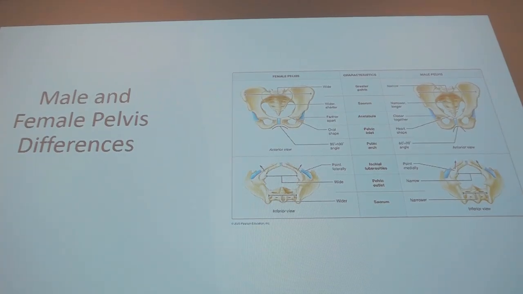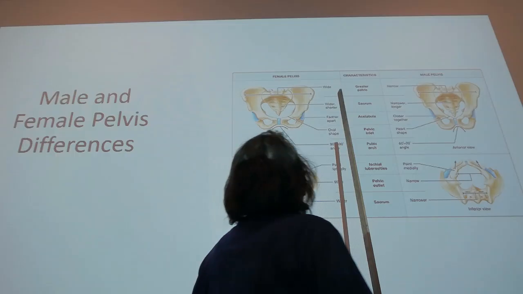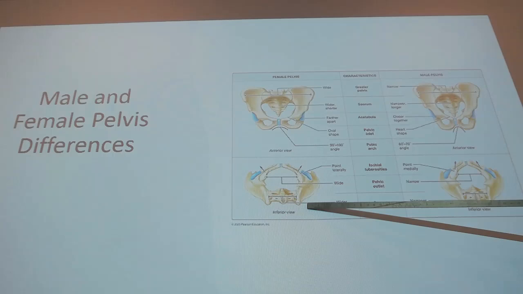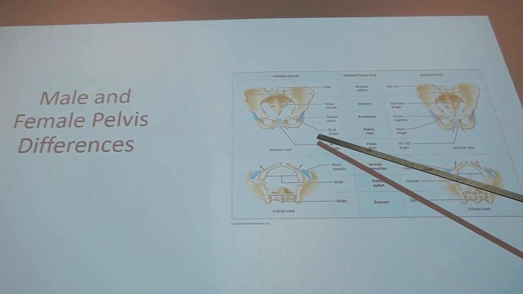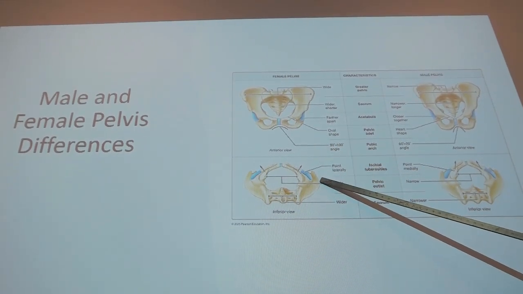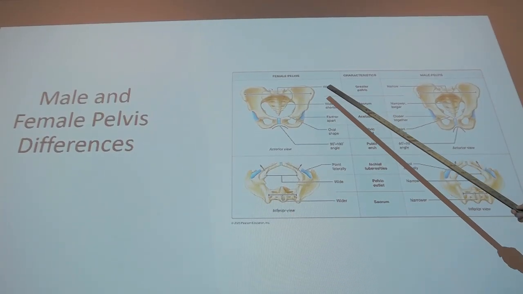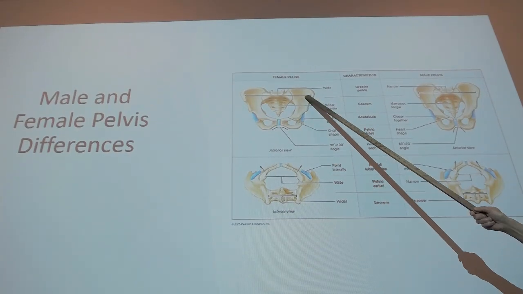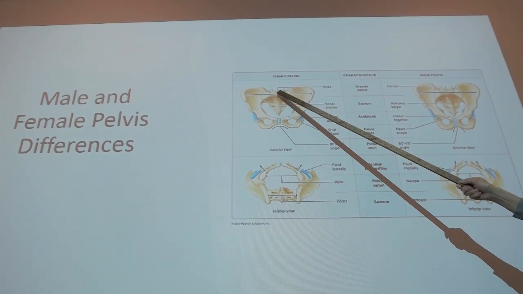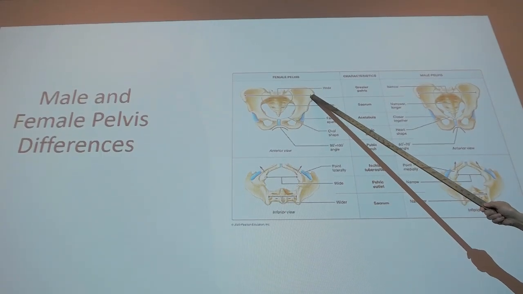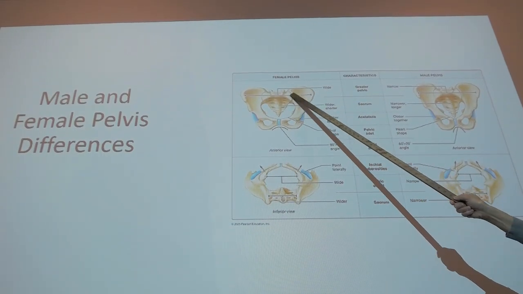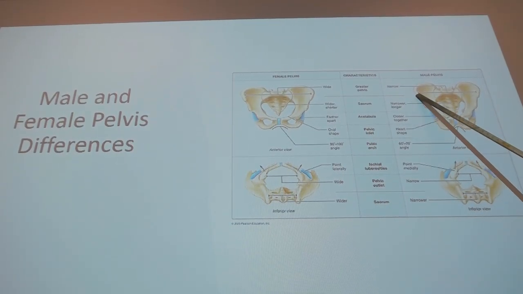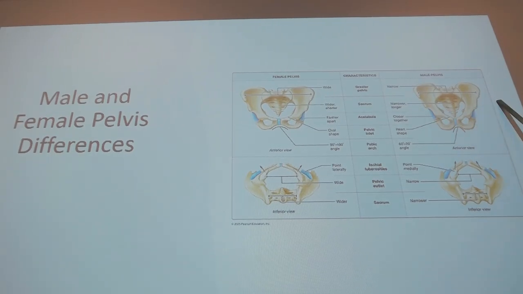Now, differences between the male and the female pelvis. So, this is the female pelvis, the male pelvis. This is the anterior view, this is the inferior view. So this part, which goes from the iliac crest of one side to the other, is called the greater pelvis. So it's wider in females than in males. In males, the greater pelvis is narrow. The space basically between the two anterior